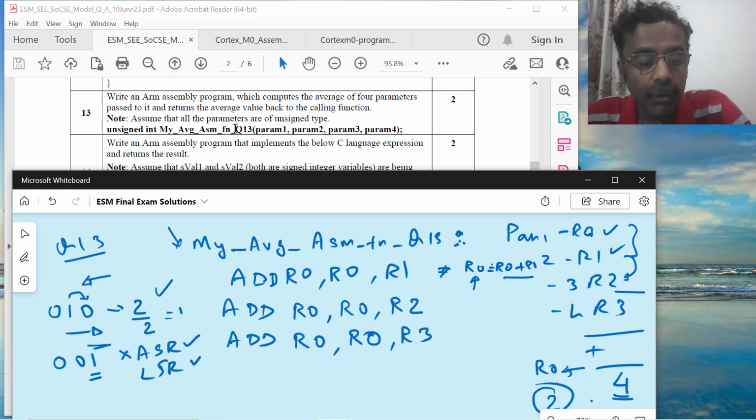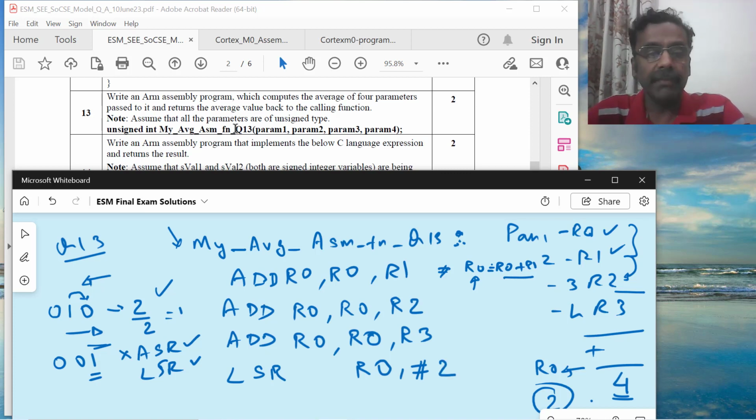Then I have to use LSR. Now what am I doing? I am taking the R0 value, which is having the sum of all the 4 numbers. How many times do I want to do the right shift? I want to do 2 times. Okay,